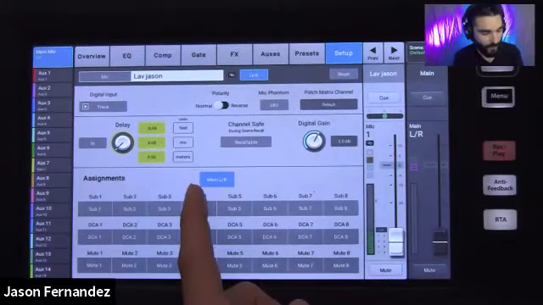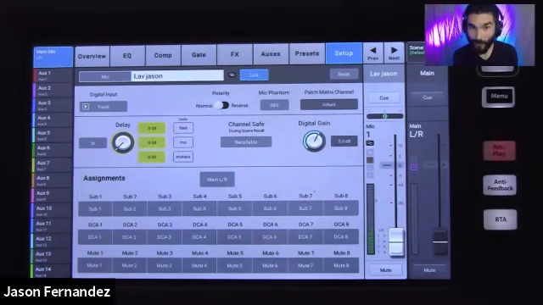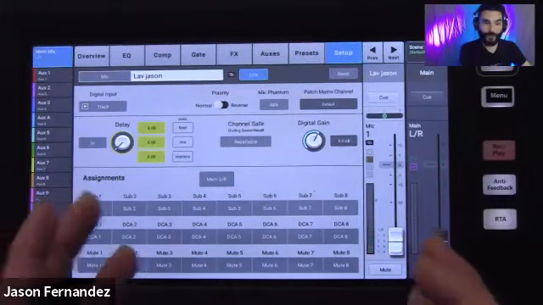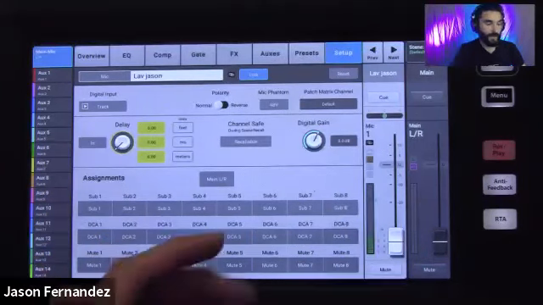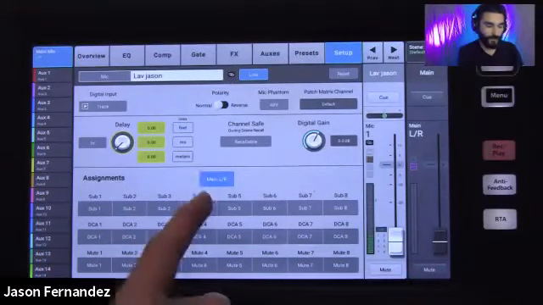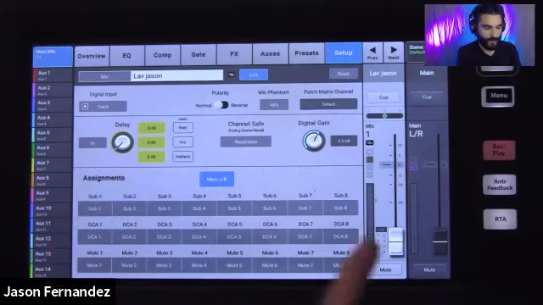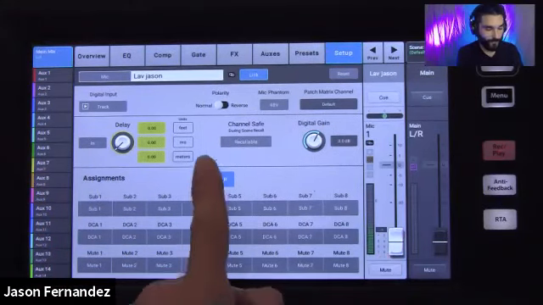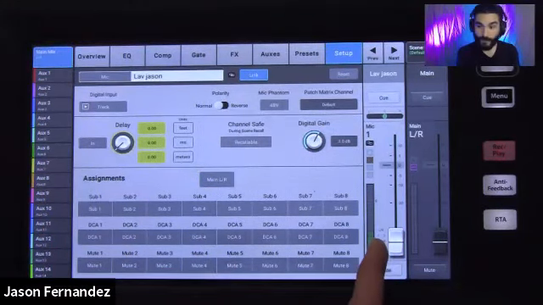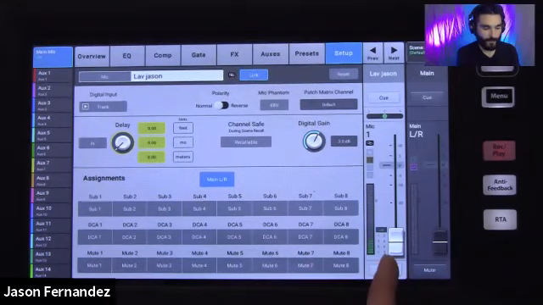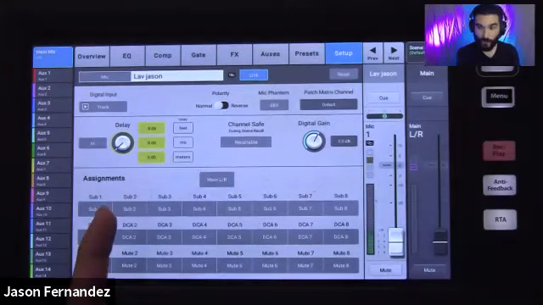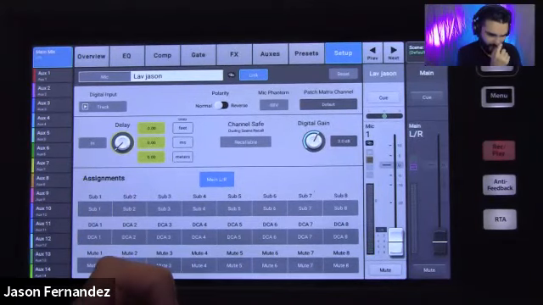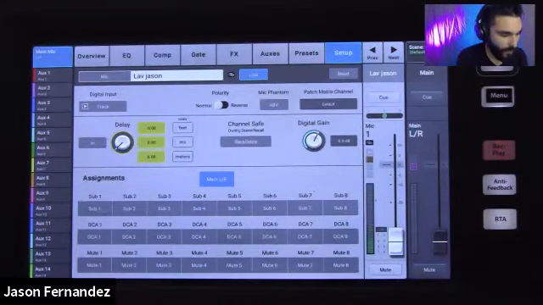I can also unassign the channel from going to the main output if I want to. If I don't want a specific channel to be going to the main mix at all, I can come into my setup screen and I can press this button and remove it there. You'll notice that on the channel itself as well, when I do that, the little left-right indicator there is de-illuminated. So now I know I'm no longer going to that output. So there you go, setup screen on your inputs.